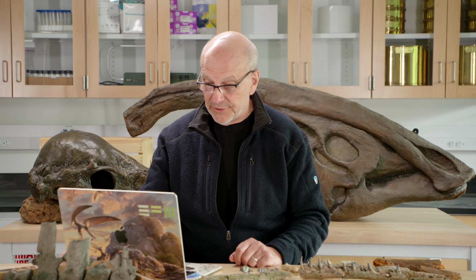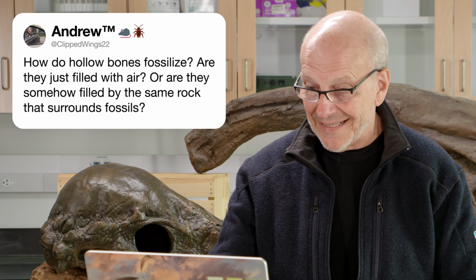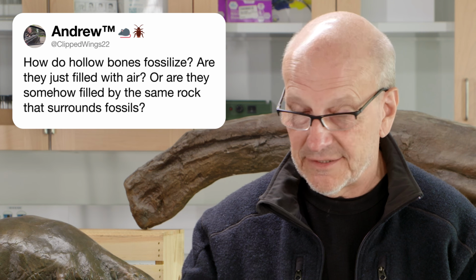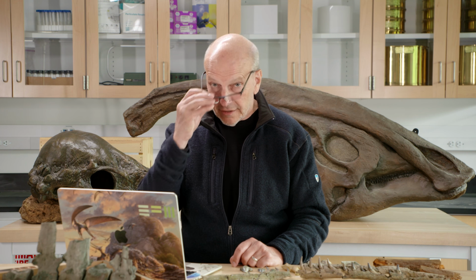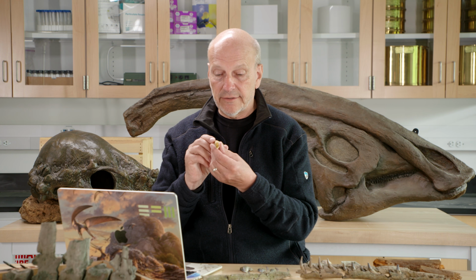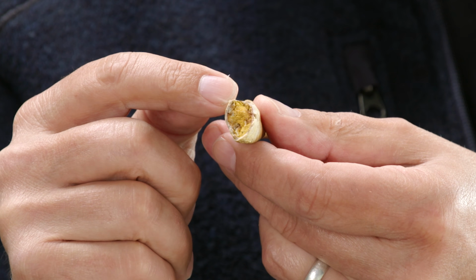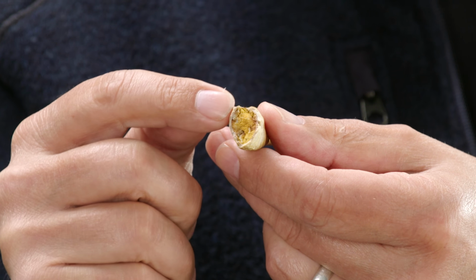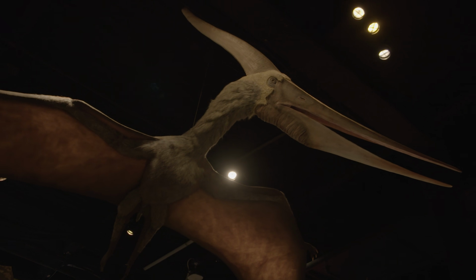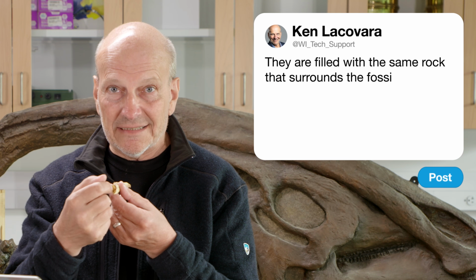Clipped Wings 22 writes, how do fossil bones fossilize? Are they just filled with air, or are they somehow filled with the same rock that surrounds the fossils? The latter. They are filled with the same rock that surrounds the fossils. Here is a fossil pterosaur bone from Morocco. It's Cretaceous age. You can see that there is sediment inside the hollow bone of the pterosaur. And so what usually happens is the same rock that is surrounding the fossil also gets inside the fossil and